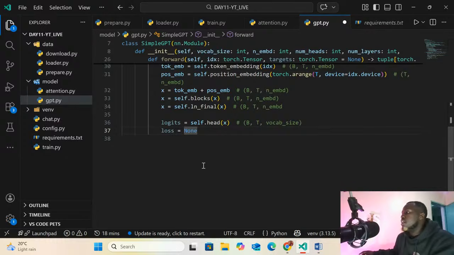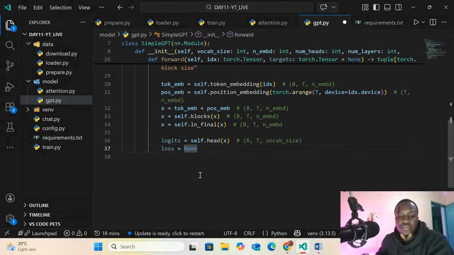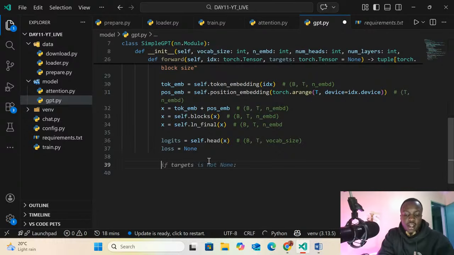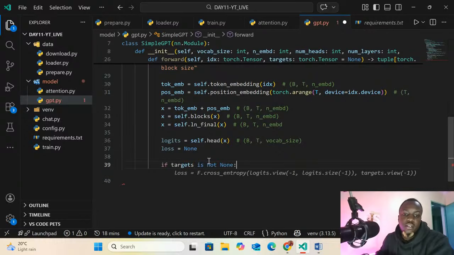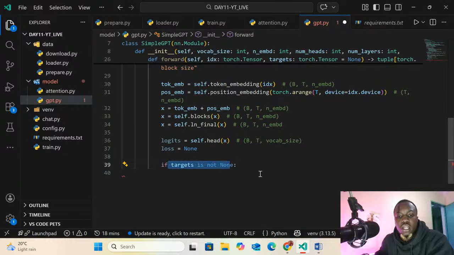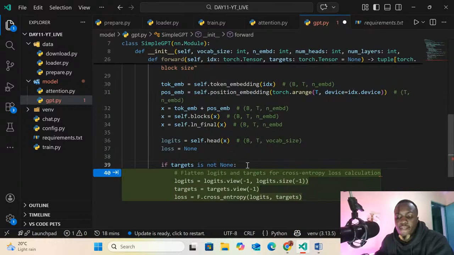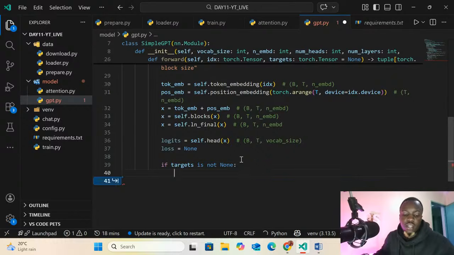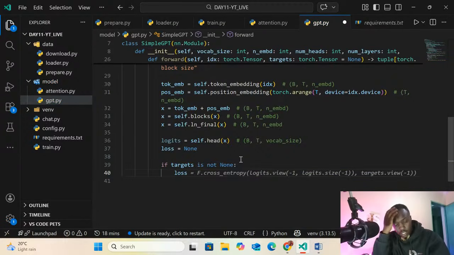So we can calculate the loss now. If the target is not none, we can do the loss equals cross entropy.